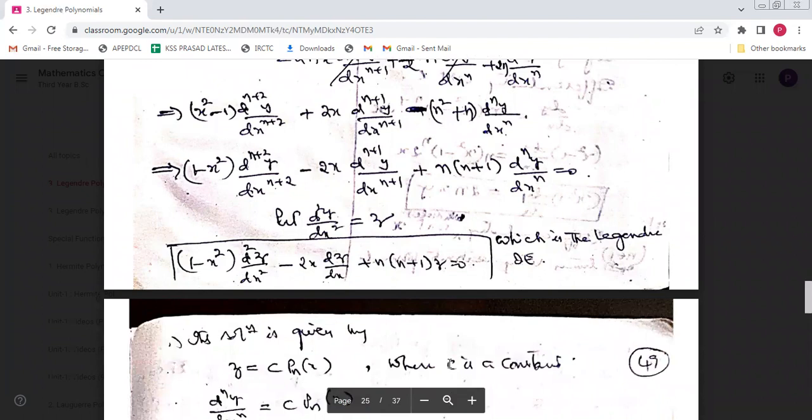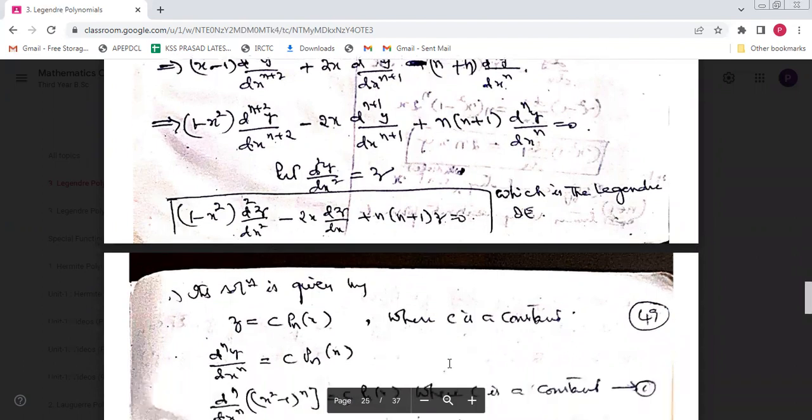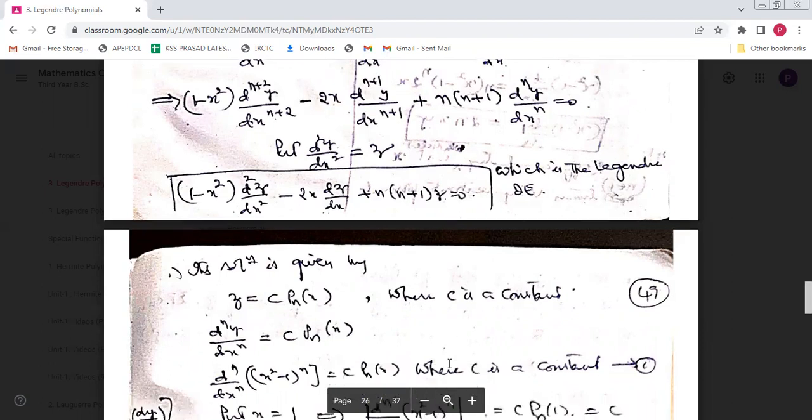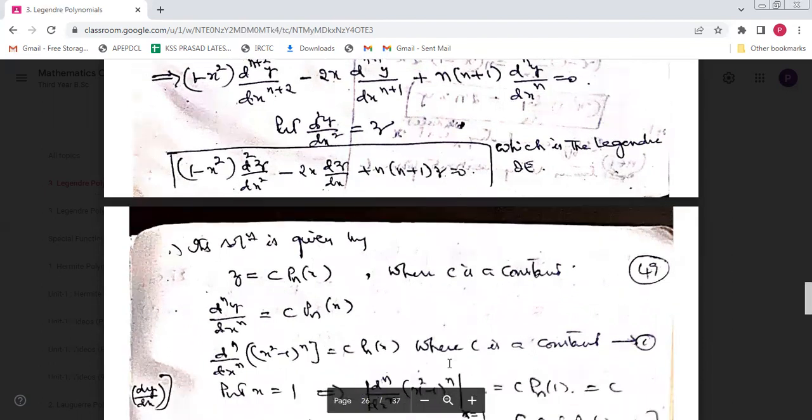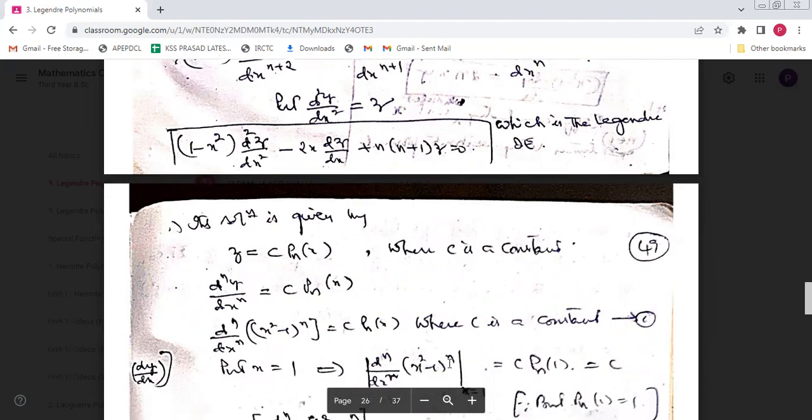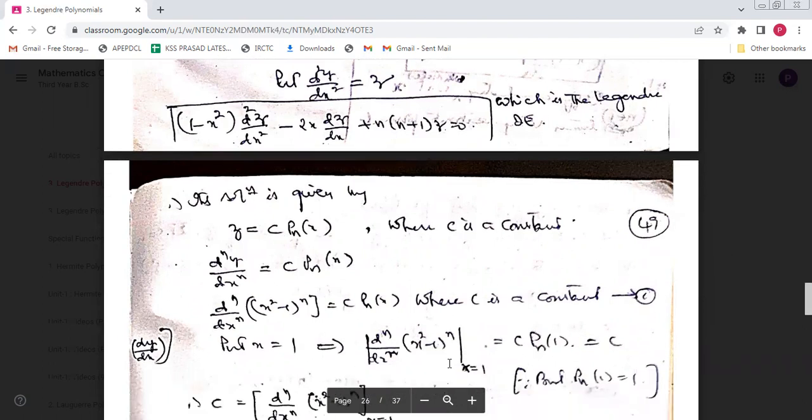So finally it is given by P_n(x) = C times the nth derivative of (x² − 1)ⁿ, where C is a constant. So how do you write the nth derivative? d^n/dx^n of (x² − 1)ⁿ. Now if x is equal to 1, then it becomes